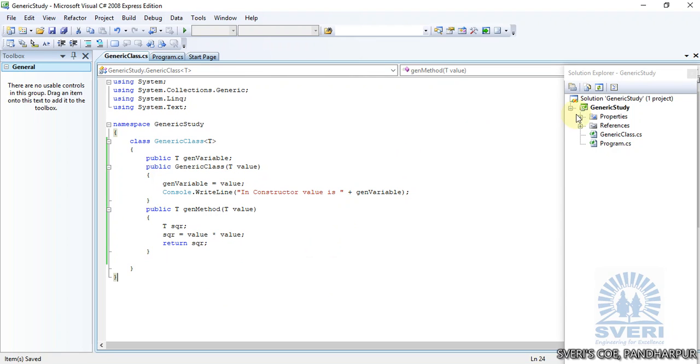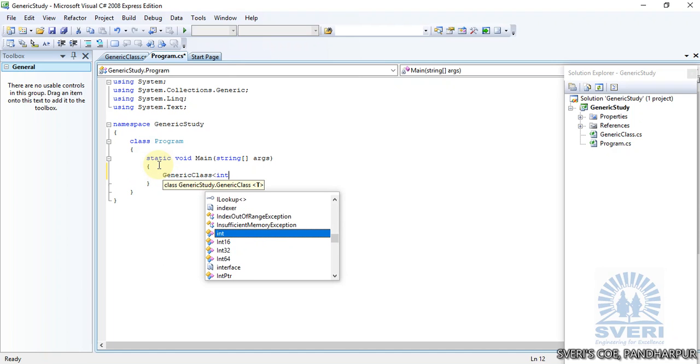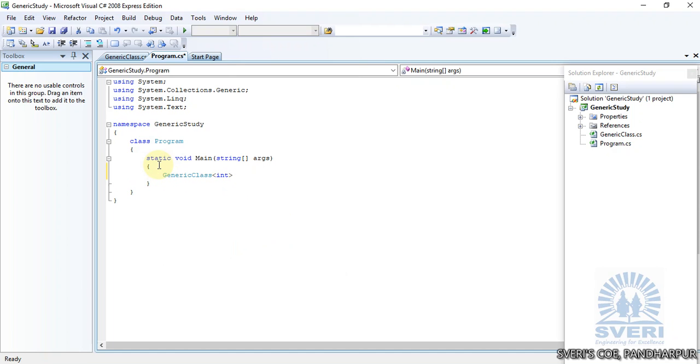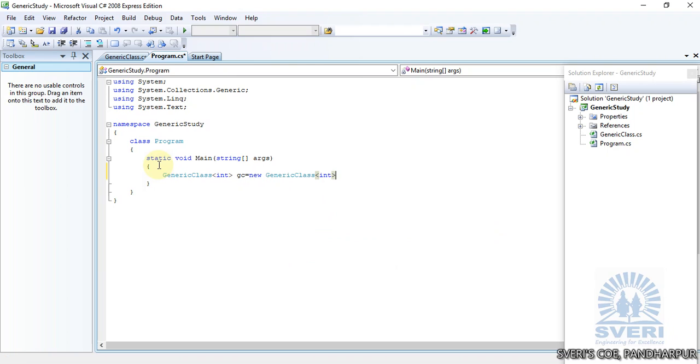Then we'll create the object for this class. So what is the difference between a generic class and a normal class? While creating an object for your generic class, we have to mention the type on which your class will work. So I will mention it as integer. I will create the object as gc is equal to new Generic<int>. To the constructor of the class, I will pass the value 10,